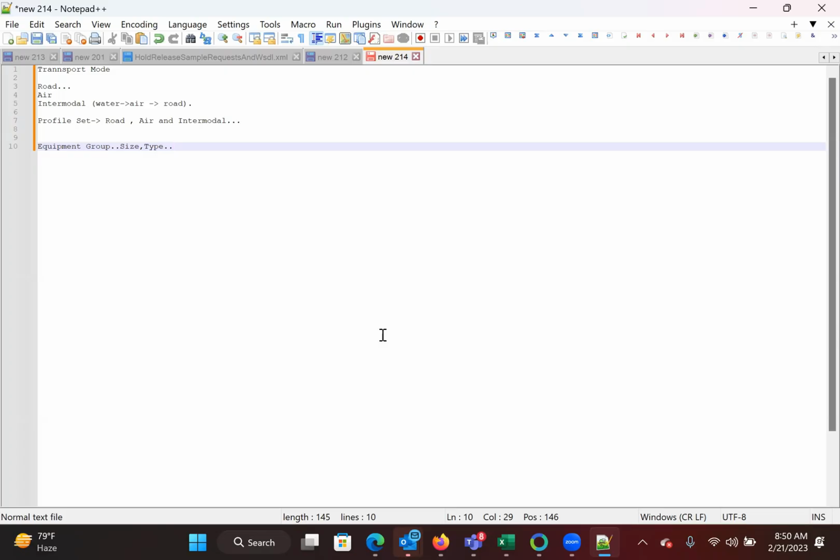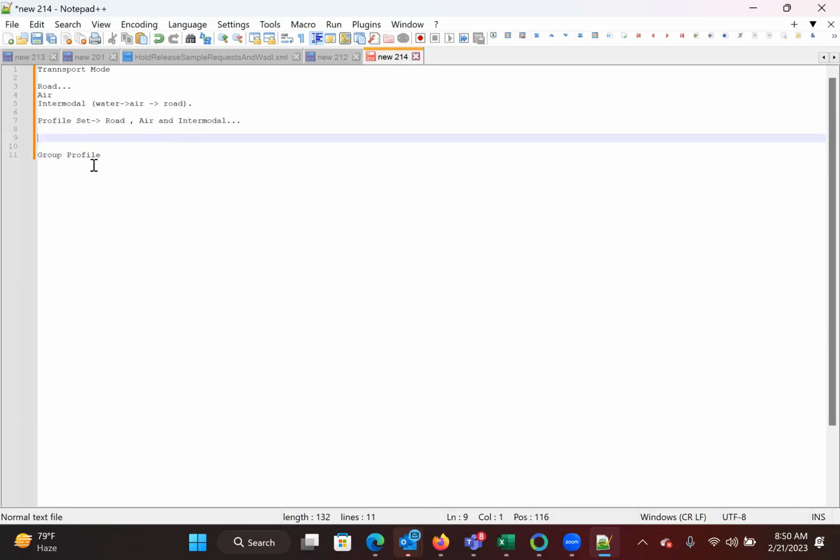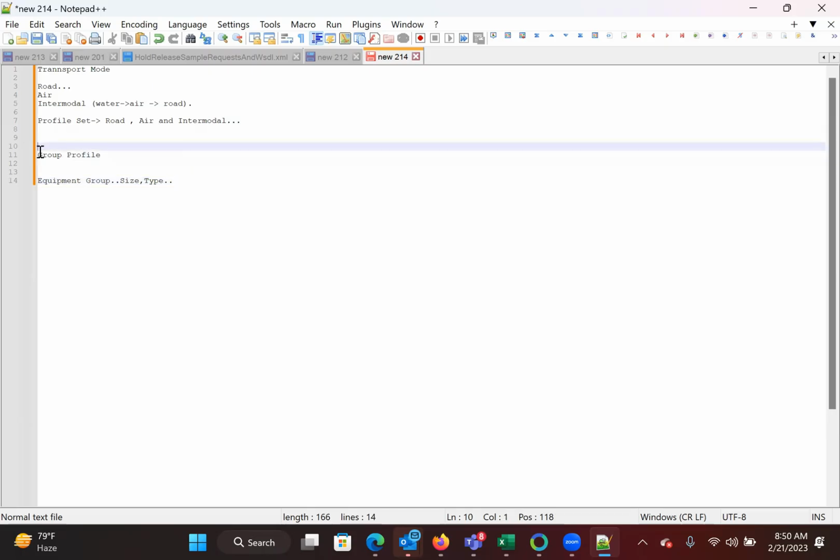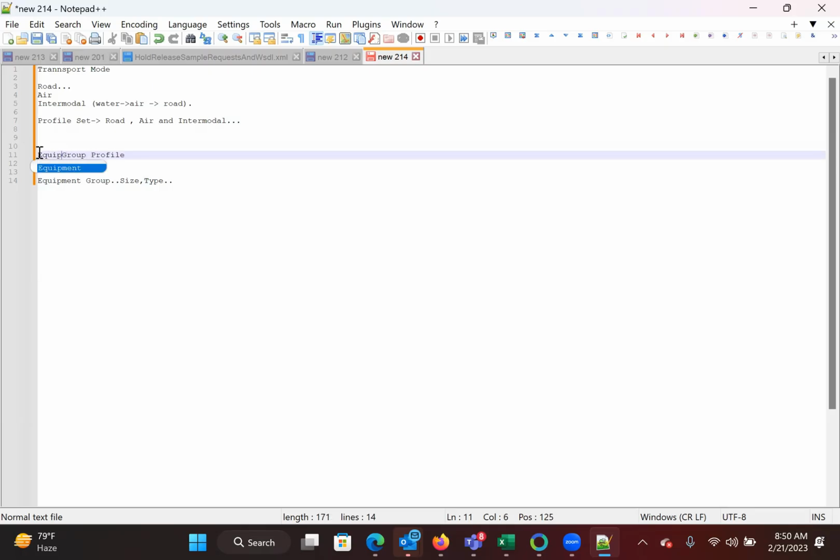Then for the profile set and equipment group profile, you type. Okay, you are typing, so the equipment group profile can be size and type. Group profile, do not end at equipment group. Equipment group profile you put. The top one. The mid one, you make it equipment group profile. Yeah. Size. Correct. Equipment group profile will be size and type. Whereas equipment group will be equipment group. Don't worry about it. Size and type, equipment group will be equipment group. So you don't have to worry about optional country. Correct. Very good. In an equipment group, remove everything. Equipment group is a raw equipment, so you don't have to worry. Ultimately,